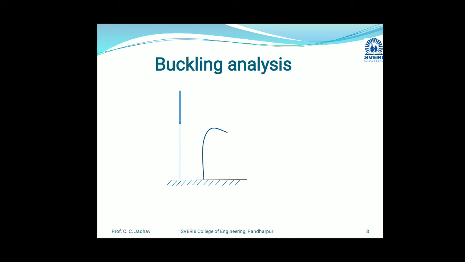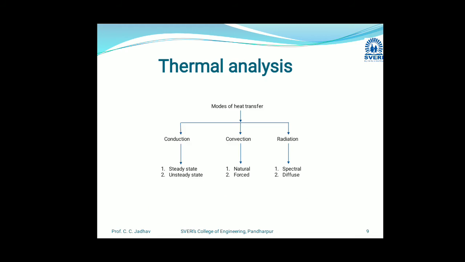In that gear shifting, long gear shifting in a truck, you might have seen that gear shifting rod in trucks and large vehicles. That is where we use this type of analysis, and for this analysis we use ANSYS, Abaqus, and Nastran software. So this is the buckling analysis. We will see the next type of analysis, that is the thermal analysis.